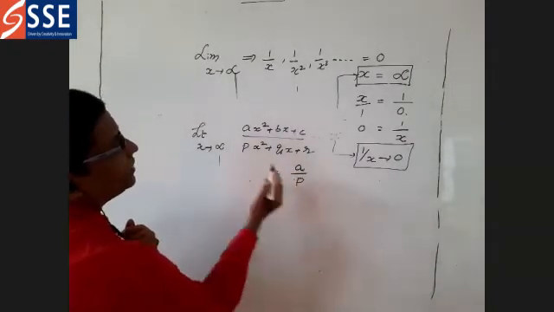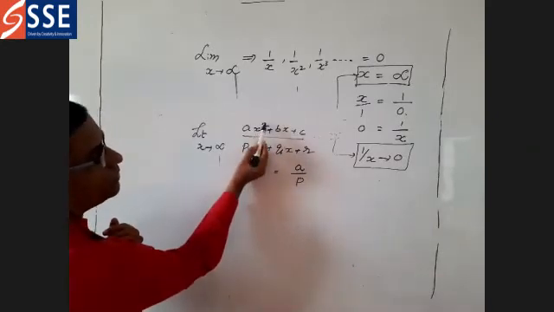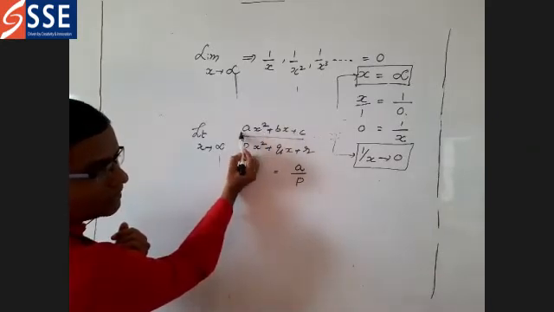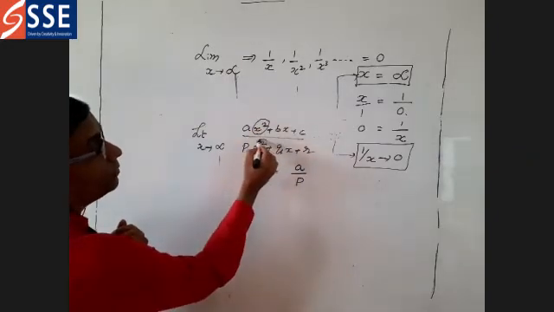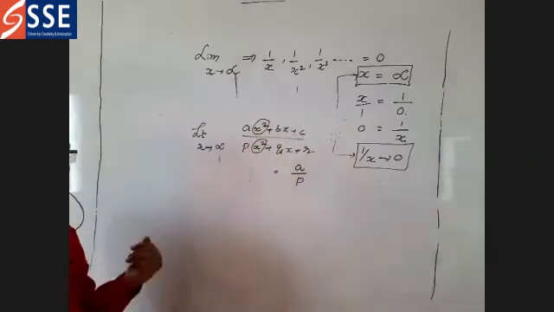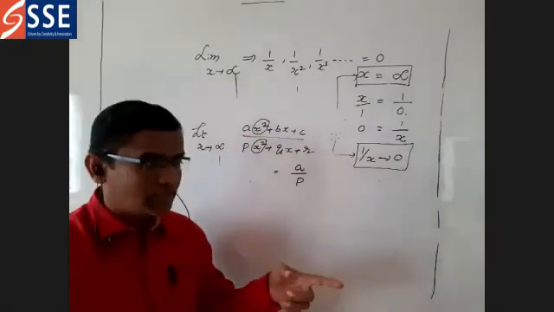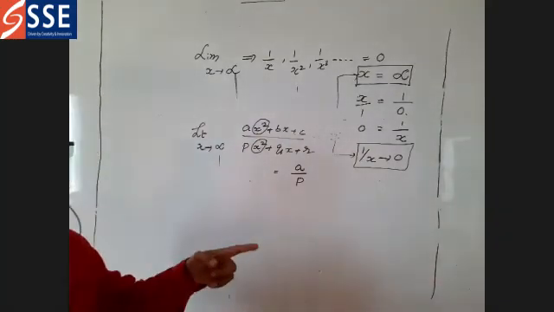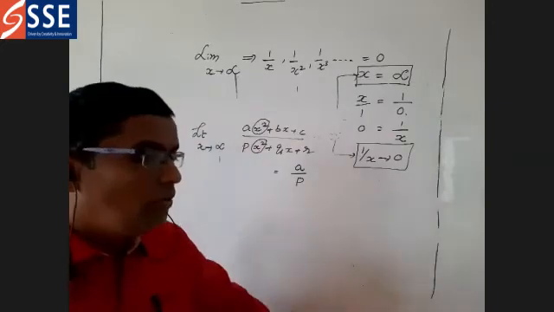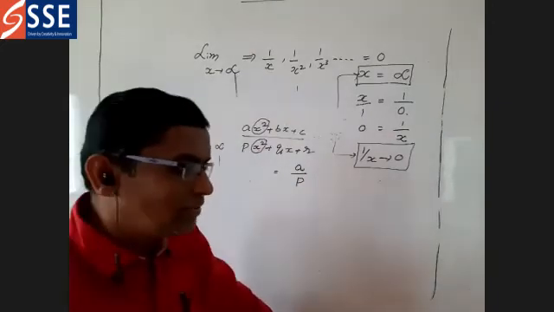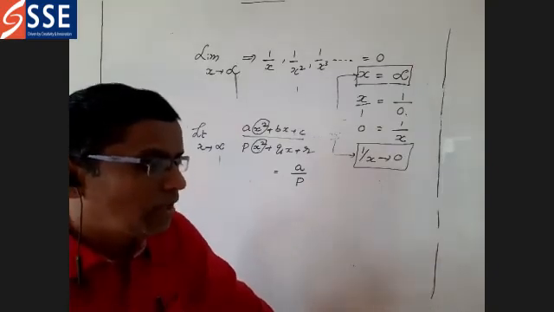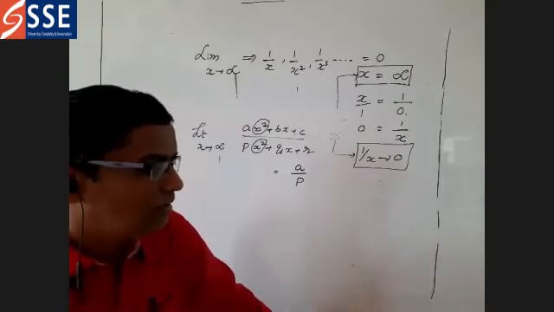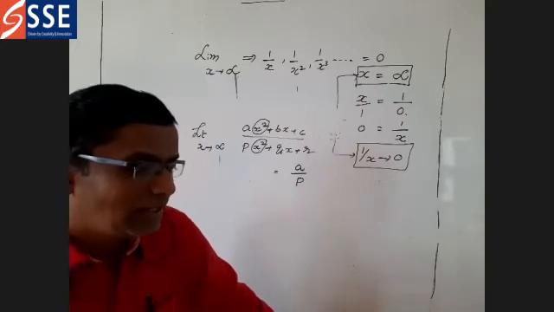A by P is the highest power coefficient divided by the highest power coefficient. But the coefficient must be the same. Remember this. I will give you another, more difficult one next. After this, I am going to explain one more. Now you are going to come and say the answer for this. Do you understand this, A by B? Shall I continue, or do you want any clarity about this question? How to get the A by P? Not necessary, right?